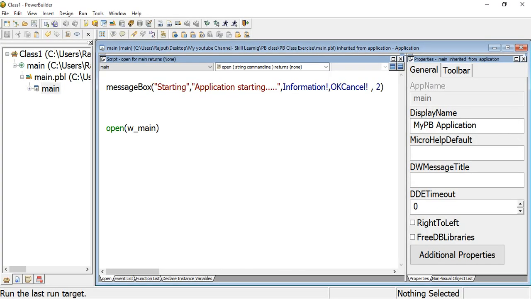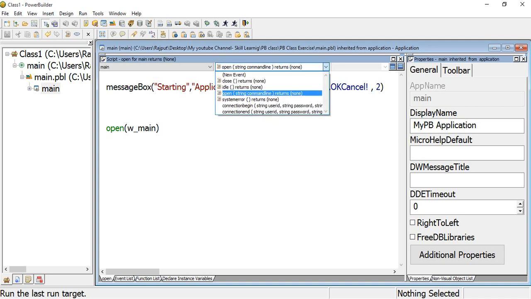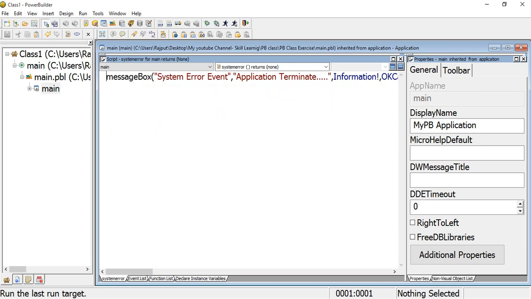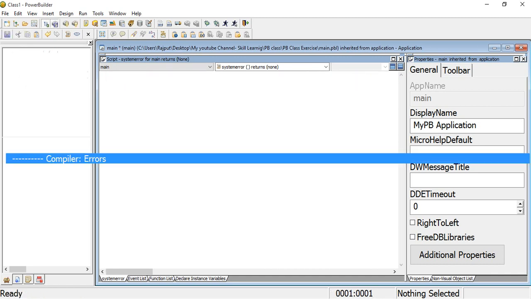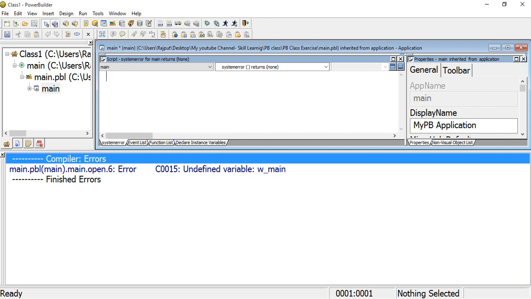Second thing, if I do not write system error or anything else here, the undefined variable is a compiler error.